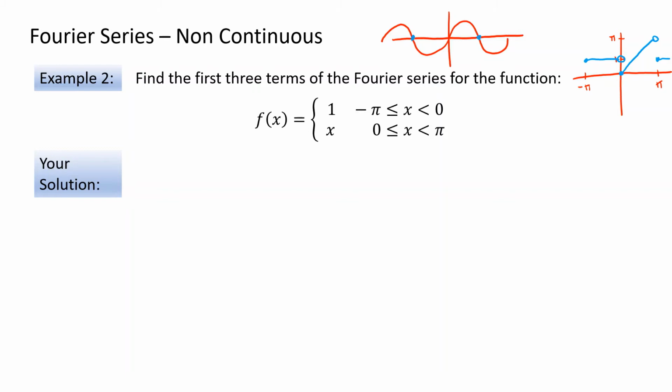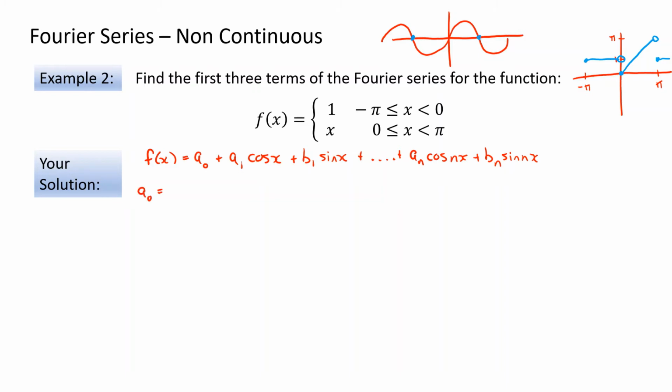Okay, so this is a Fourier series. What it means is we have f of x is equal to a0 plus a1 cosine of x plus b1 sine of x plus, and we keep going to our last term, an cosine of nx plus bn sine of nx. Again, we're only going to find the first three terms, but the method will be the same for all of the future terms. Starting with a0,